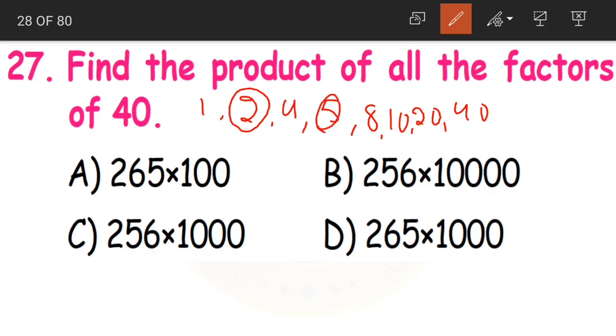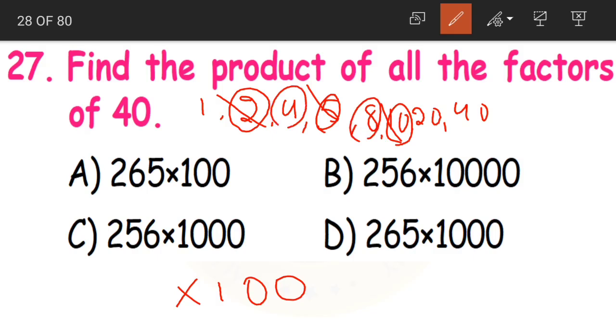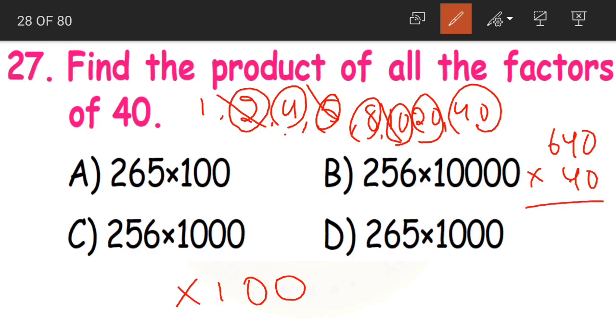We have 2 fives are 10. Yes. Then we have 10 tens are 100. Okay. 100 we have kept aside. Now let us multiply the remaining numbers. 4 eights are 32. Yes or no, children? 4 eights are 32. 32 into 20 becomes 640. 640 into 40 becomes how much? 2 zeros in the answer. 4 sixes are 16, 1 carried. 4 twos are 24, plus 1 becomes 25.